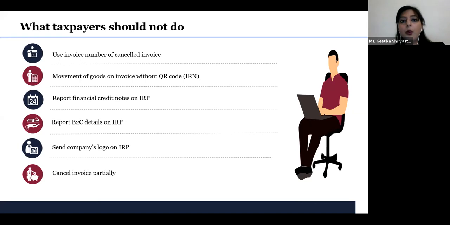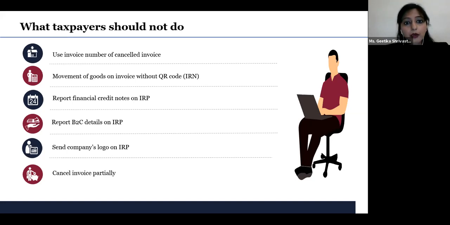Now, this is a problem, or a restriction, posed by the IRP portal. You cannot use the same cancelled invoice number for generation of an e-invoice, because let's say you've sent an invoice, the IRN is generated and you have cancelled this IRN. There will be a validation on the IRP portal that the same invoice number cannot be used. So again, work needs to be done at your ERP system. A control needs to be placed so that the cancelled invoice number is not used again for any other invoice generation.